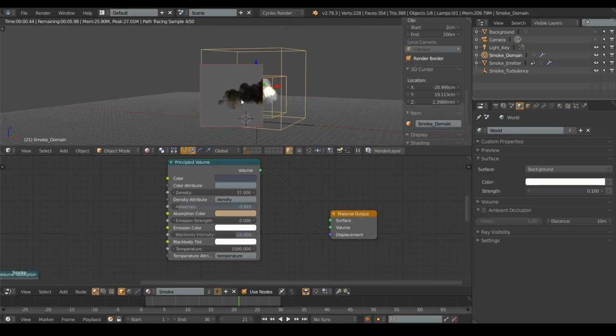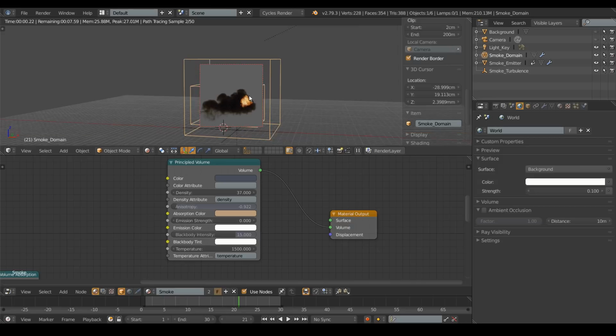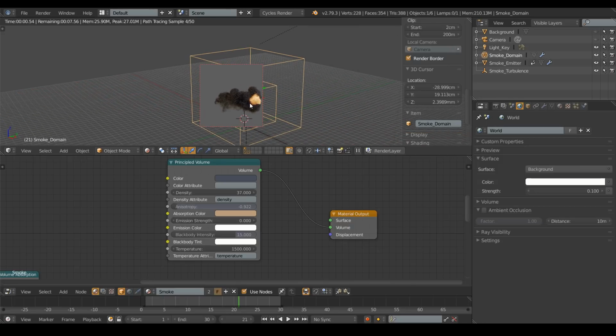Why? Because the negative value means that the light gets scattered mostly back toward the light. So to see the light bouncing on the smoke,